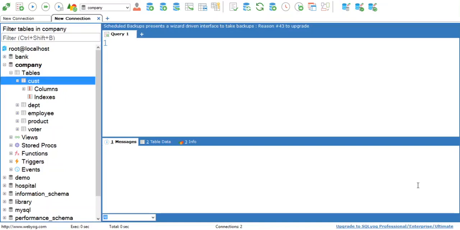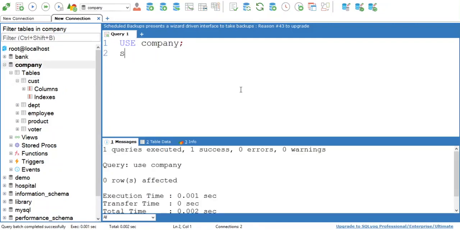Now we'll see how to execute a transaction and how to execute commit, rollback and savepoint commands. See, a transaction in a database is nothing but a single command or single query, or it can be a set of commands or set of queries that we execute on a database system. Okay, so here first we'll open one database to use. So here I have one company database, and in that company database I have one customer table.